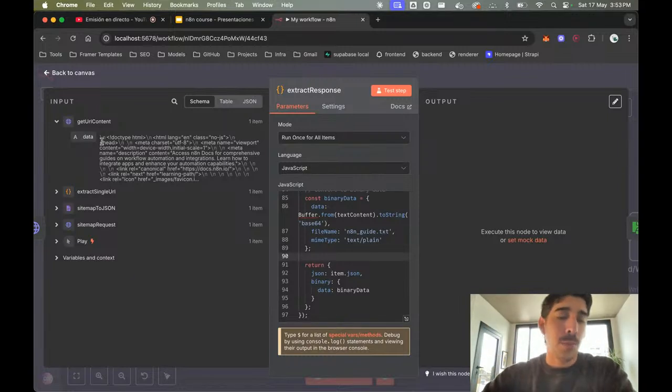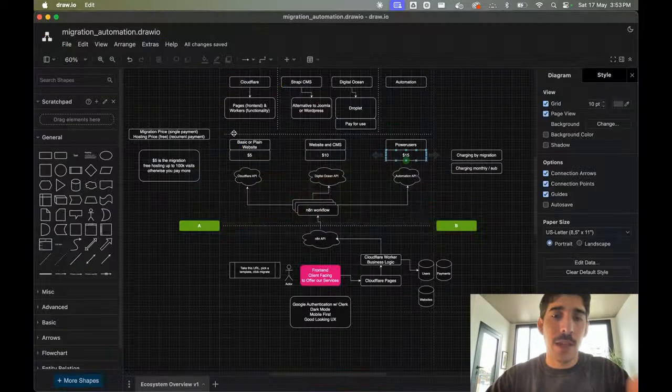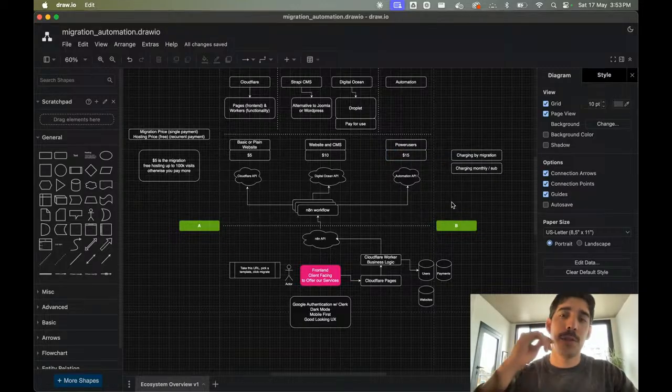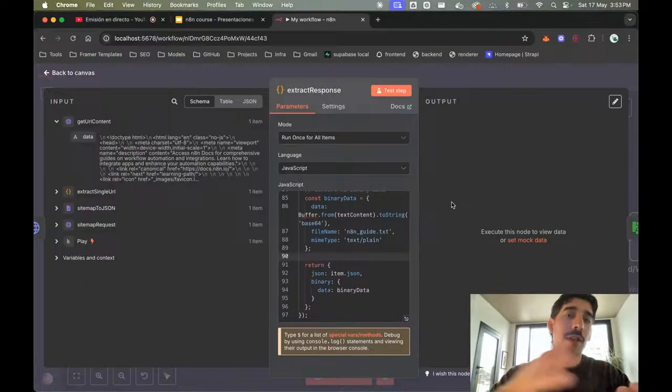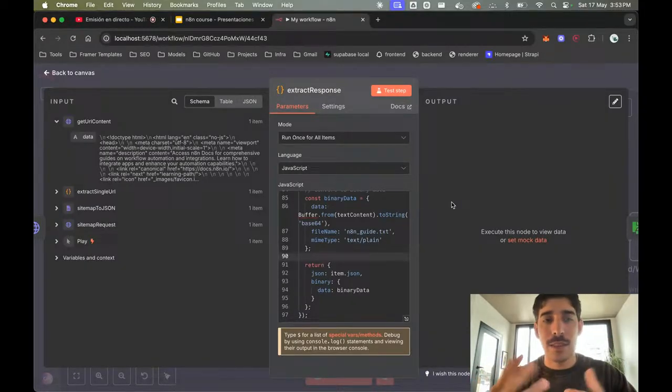So we are quickly facing a challenge that we didn't think about when we were thinking about the solution in general terms, which has to do with crawling a website, visiting all its pages, getting all its content, and cleaning it up in some way.